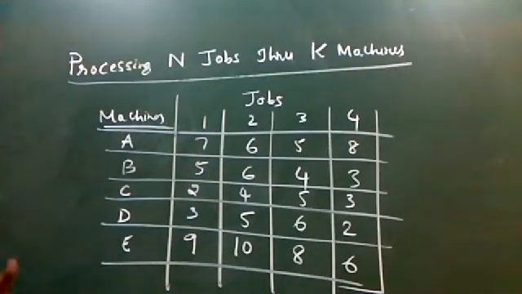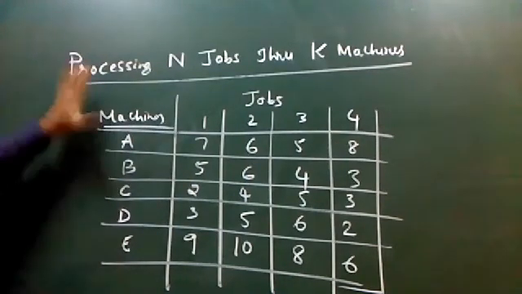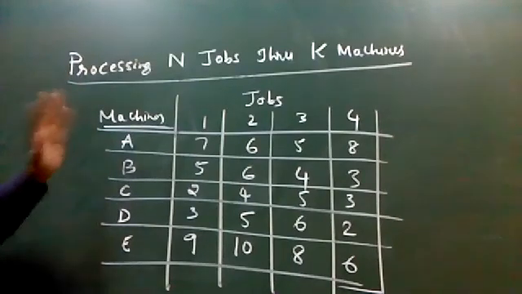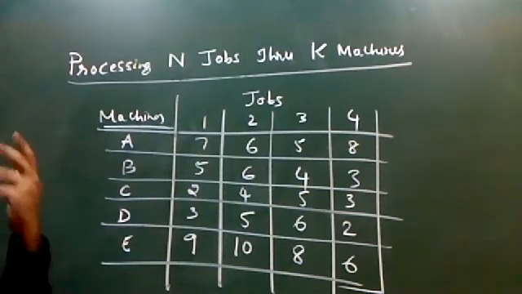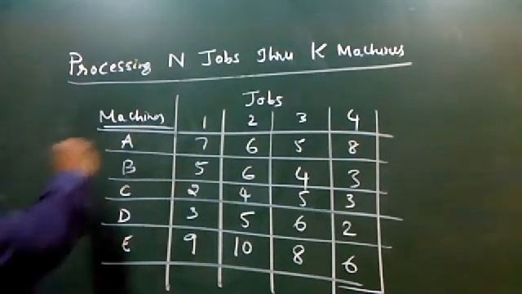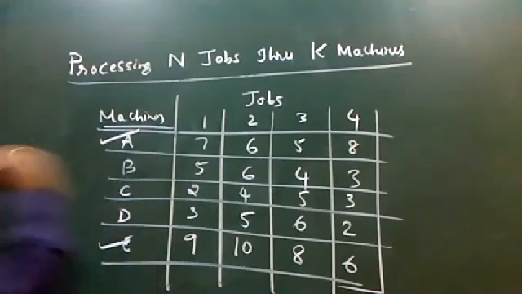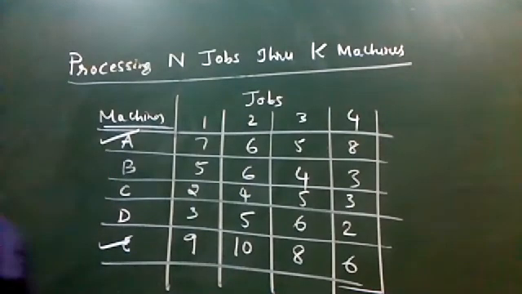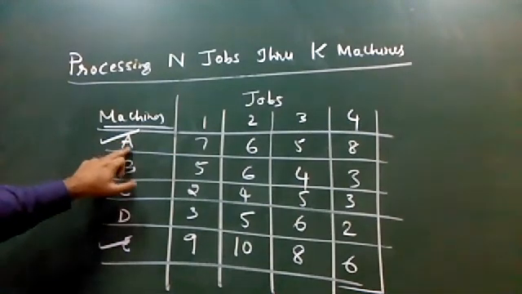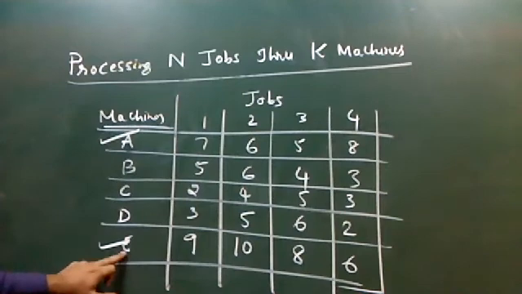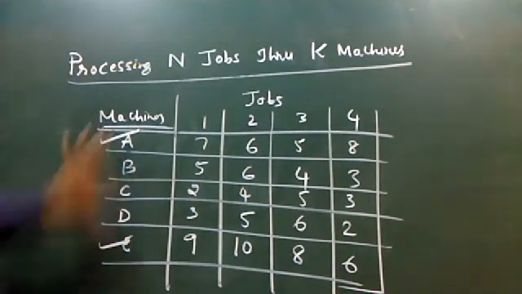Now, what are the conditions to be verified? Okay, please look at the board clearly. Out of these 5 machines, it can be any number of machines more than 3. Please understand, this concept holds good when the number of machines is more than 3. It can be 4 machines, 5 machines, 6 machines, 9 machines, any number. Consider your first machine and the last machine. Very important step. Here the first machine is A and the last machine is E. So A and E are the 2 machines we have.